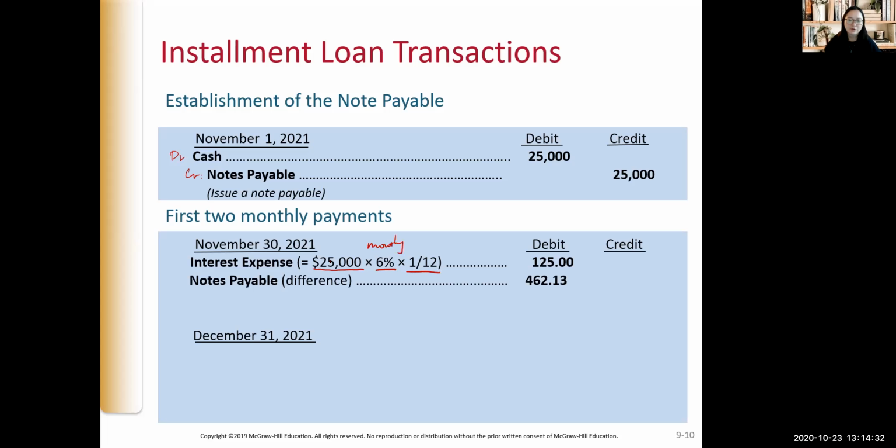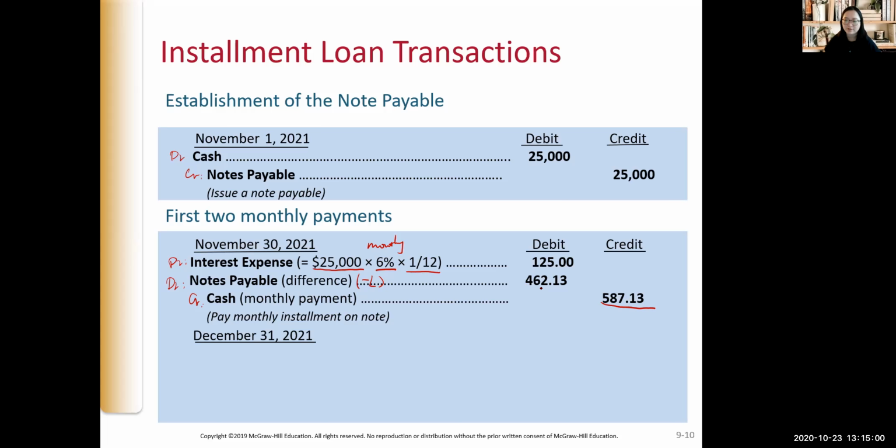And then you pay cash of the agreed upon $587.13. And the difference goes to reduce the notes payable, because when you debit notes payable, you reduce the liability. Hence the $25,000 carrying value after you journal this entry is going to decrease,